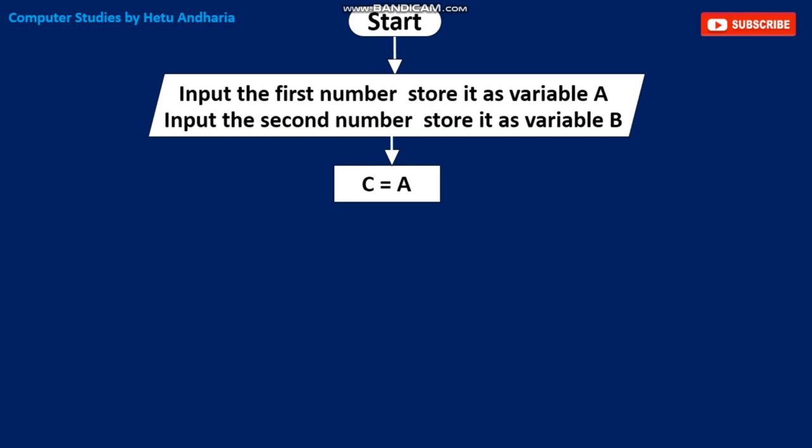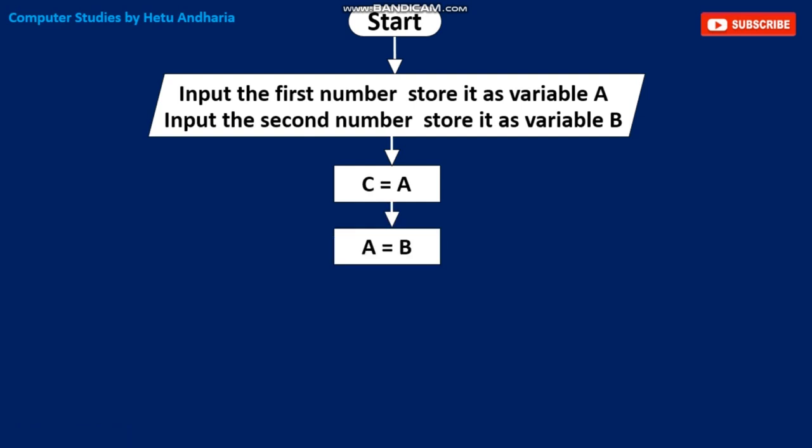Now here also we will solve with an example. For example, here the value of A the person has entered is 10, and the value of B is 5. Remember or note down somewhere: value of A is 10, B is 5. Now we have assigned this 10 to C. So now what does C contain? 10.